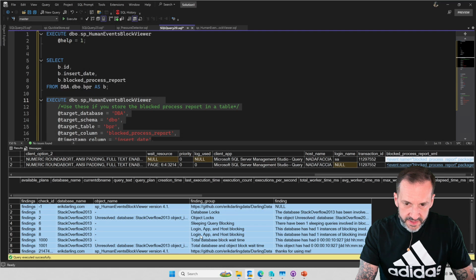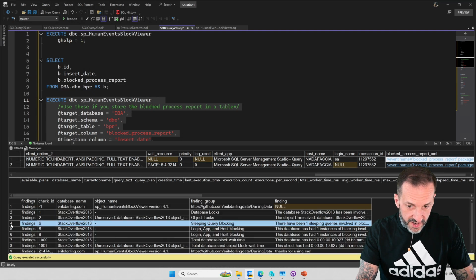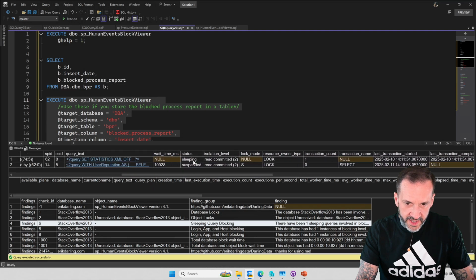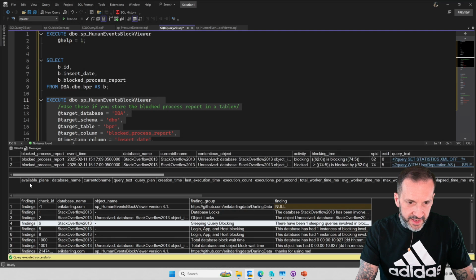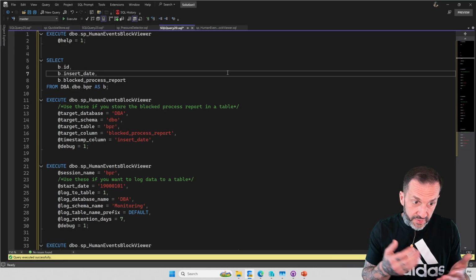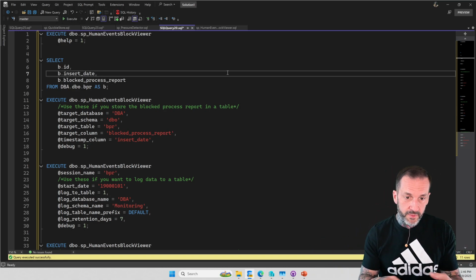And then down here, there is a roll up with all the stuff that you might care about that happened during the blocked process. As you can see, for the one blocked process that's in here, the query that was blocking it was sleeping. So that query decided to take a little nap. Didn't want to finish running, didn't want to complete itself, and blocked another query. So if you're storing the blocked process report XML off in a table somewhere,